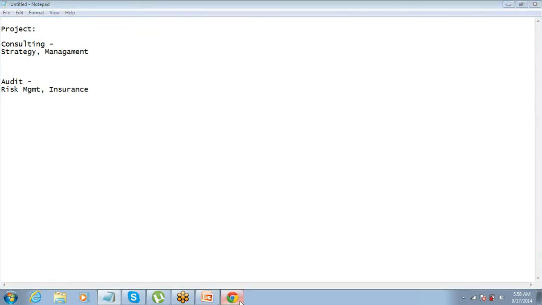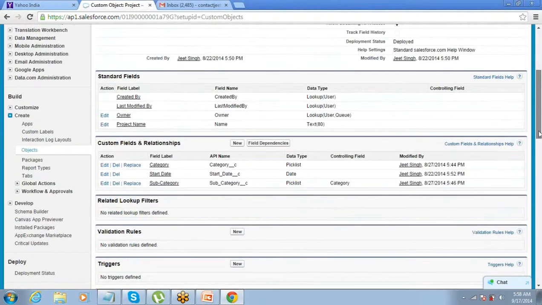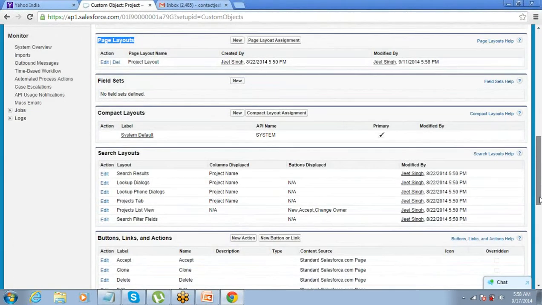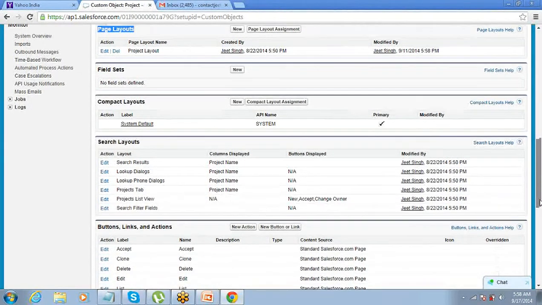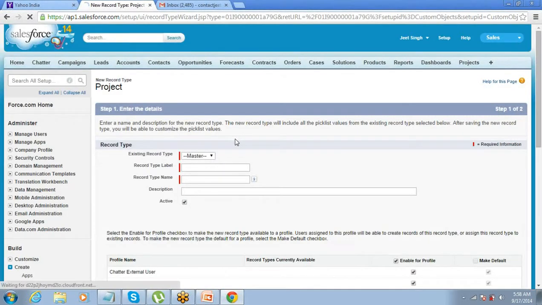Now you can go to setup, create objects, as I told you. Come to that project object, scroll down a little more. Record types you will get to see here. Now you can create a new record type here.